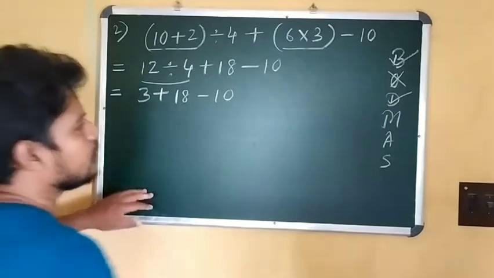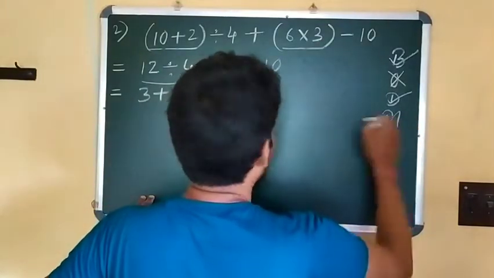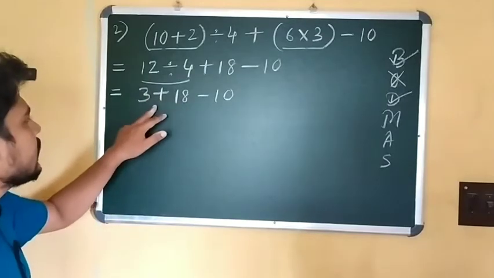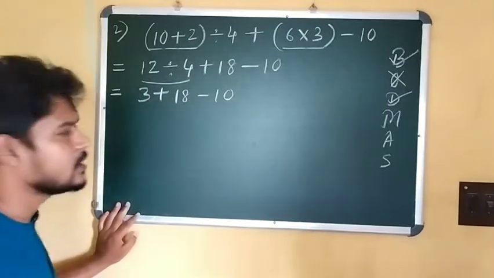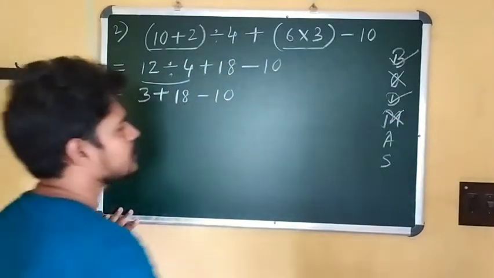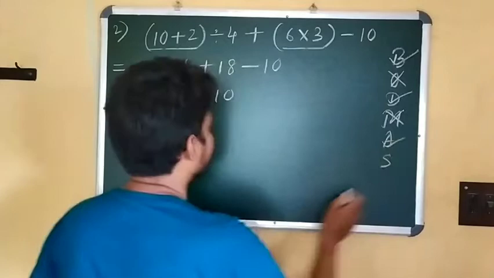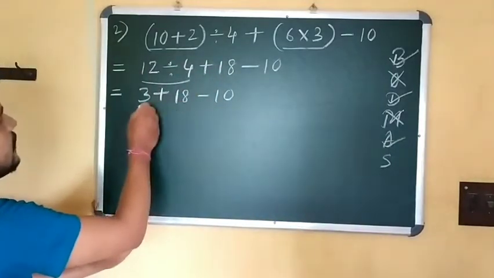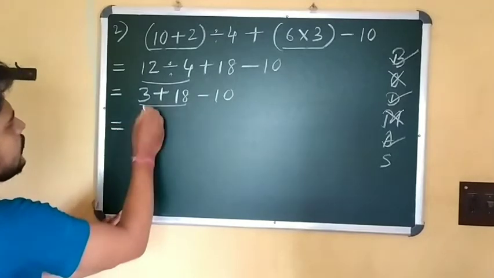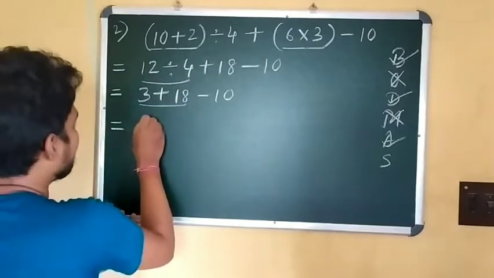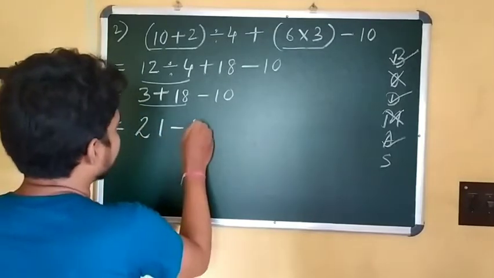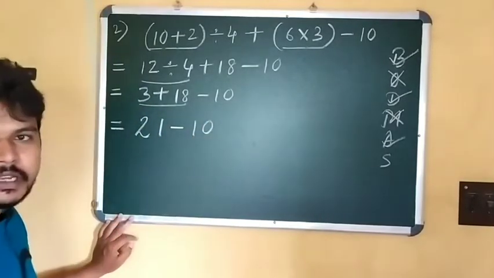Now here it is given multiplication. Now you can see in this numerical expression after the simplification there is no multiplication sign given. So we cut this down. Now you just check which operation is there. Addition. You can see the addition symbol is present between 3 and 18. So we have to add these 2. 3 plus 18, that is 21. So you write down 21, then you give the minus symbol, that means 21 minus 10.